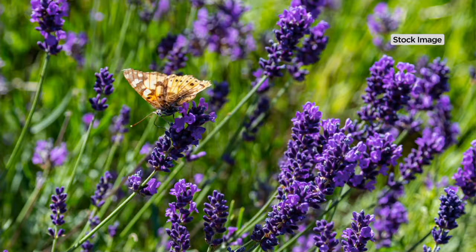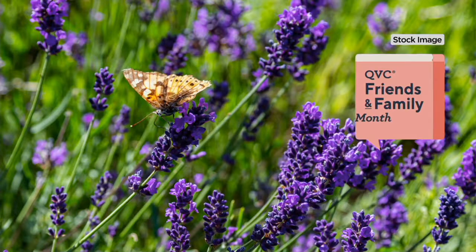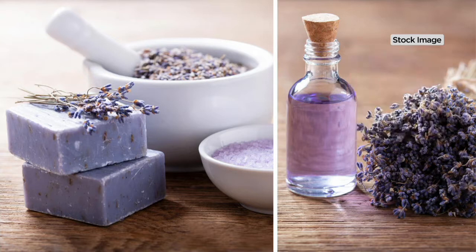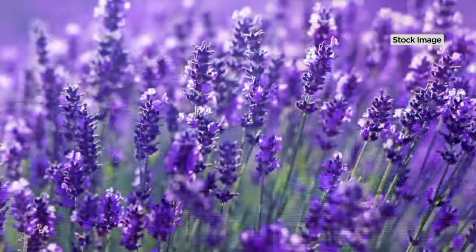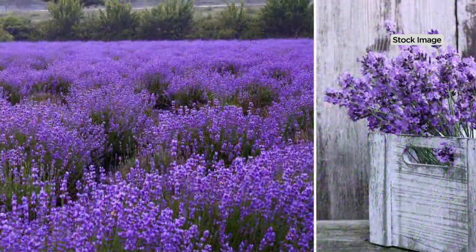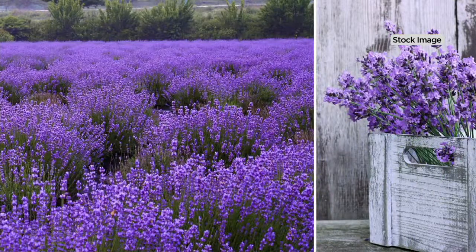Because for me growing up, and I was born in the 60s, we didn't have as many fragrances available to us back in those days as we do today. So it's the simpler, natural fragrances, I think, that still project this image of clean and this image of fresh. Lavender, when it's dried, becomes the perfect flower to put into sachets for, say, a musty drawer in a dresser or in a bath area. They are the perfect dried flowers to cut and to put in your home and to be able to share